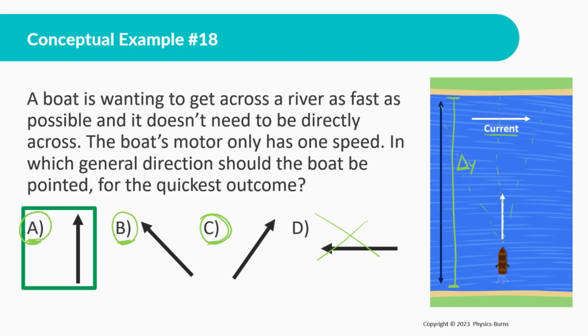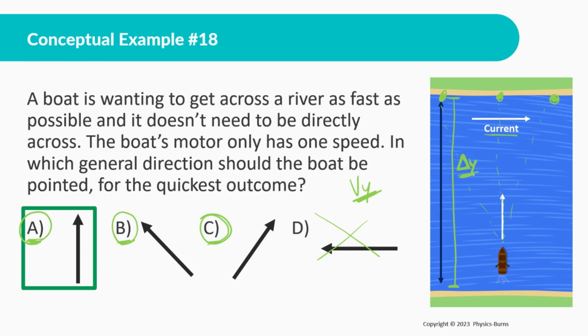Okay? Or the distance in the y direction. So we're trying to get directly across. It doesn't matter if we end up here, directly across, or here. It doesn't matter where we end up. We're just trying to get across. So that means the option where the velocity is the most in the y direction is going